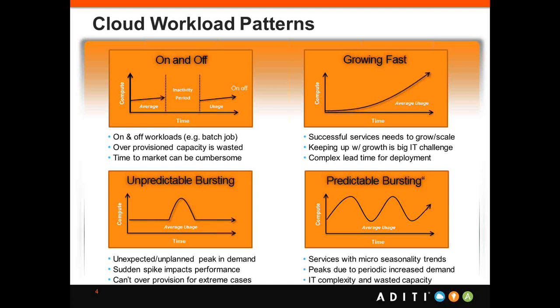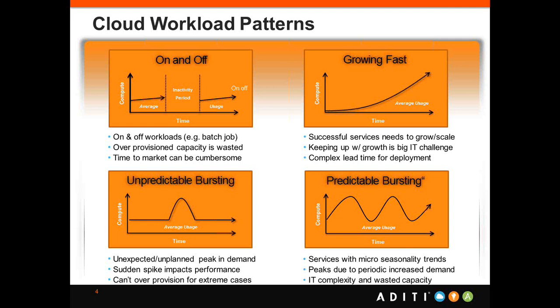The fourth and last one is very interesting. I think most of us know about predictable bursting. A very typical example is Christmas. You have all the online shopping at Christmas time, Diwali time in India. The bursting is going to increase, and that is the predictability. Another example is IPL. If you have a site which is streaming a cricket match, IPL or the World Cup is something you can predict, and in this time it is going to increase the load. You can have that kind of workload pattern addressed in cloud.